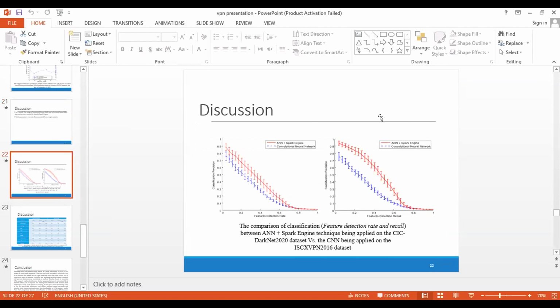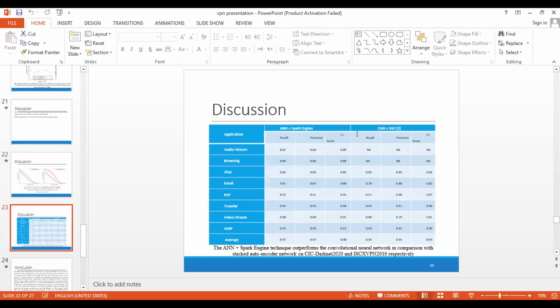Okay, this two figure compare my result with other result. I used the Darknet 2020 data set, and this is my result. And the other result, it is ISCX VPN 2016 data set. And this table also compared my result with other result, and we showed the application and traffic comparing the result of the table